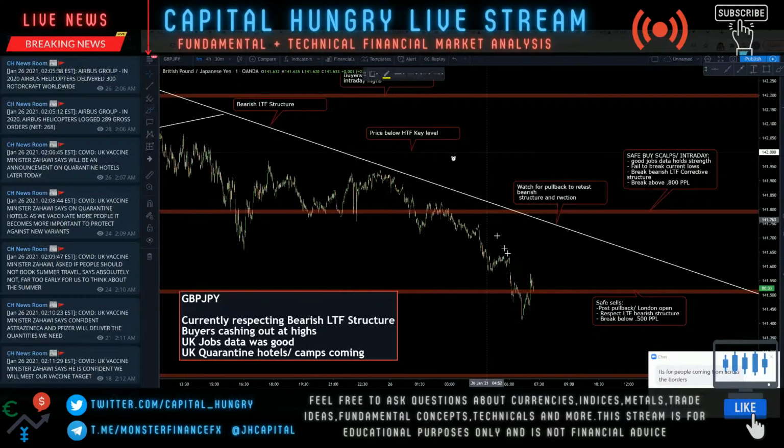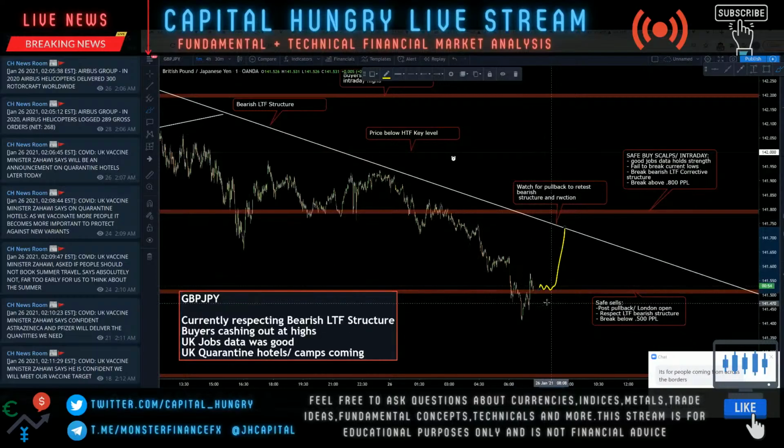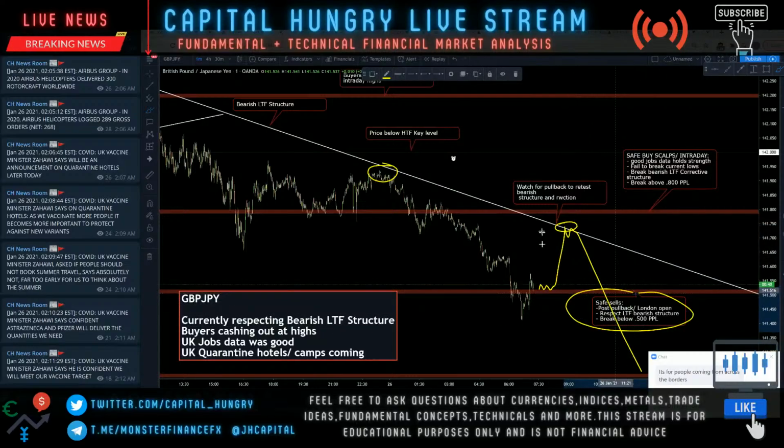One is that if we do get that pull, if we get that support formed and pullback, if you scalp buy that pullback, that's fine. That's up to your discretion. If we fail to break 0.500, all right, I'm seeing if we reject bearish market structure, create an order block and higher risk, higher reward sells there, or the safer sells post pullback, then coming back below 0.500 to respect this bear structure and print a new low. Okay?